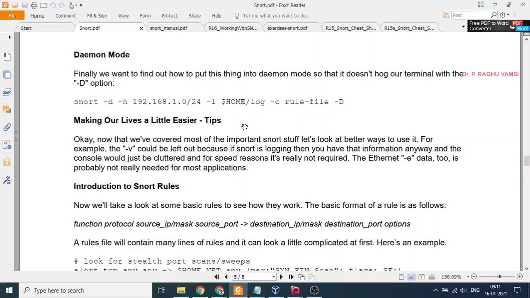The rule body consists of various parameters to mention. The parameters will be like the message and many other traffic related features.